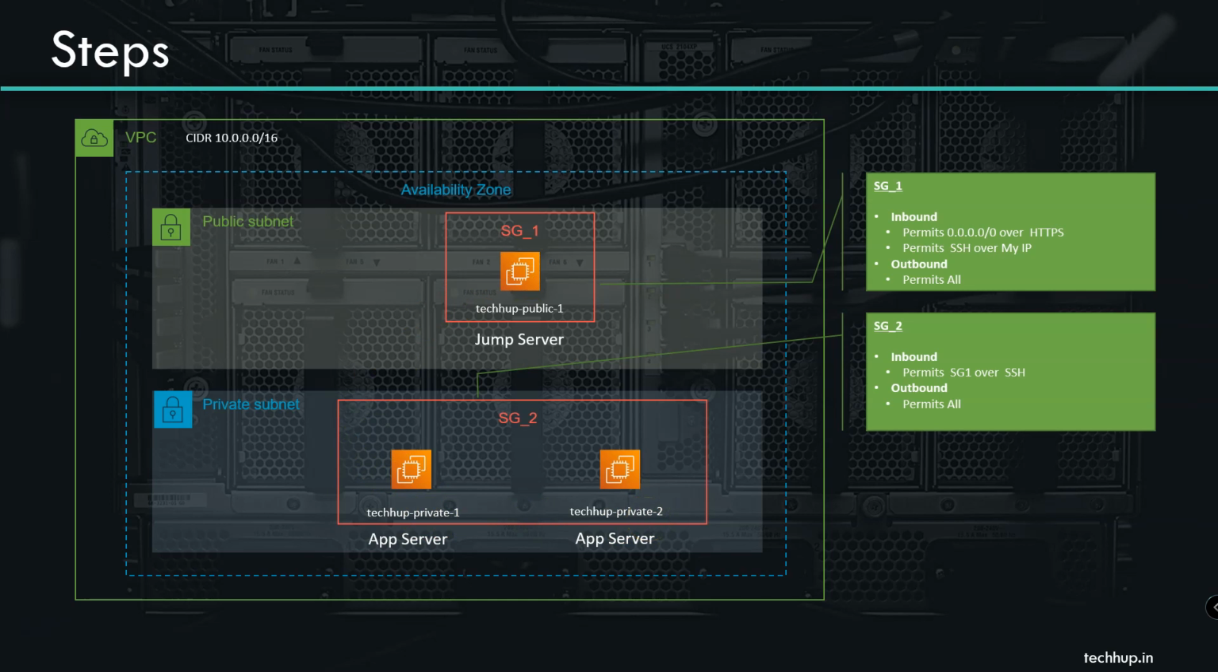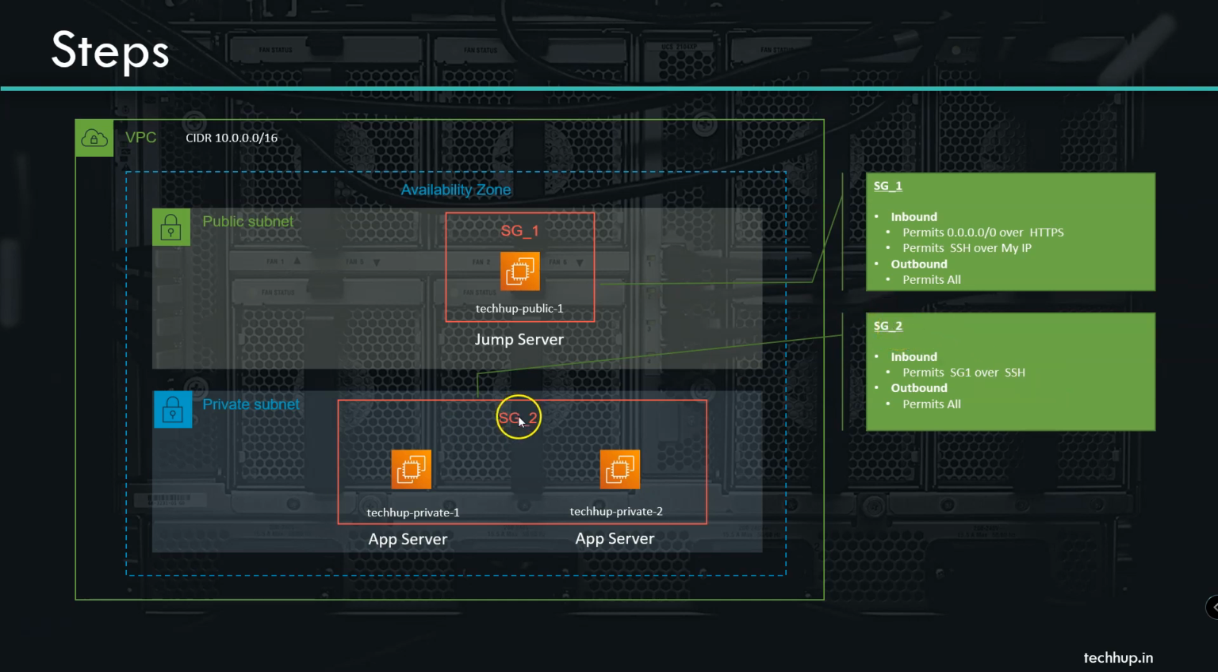But having said that, in order to allow the incoming SSH connections from the public EC2 instance into the private EC2 instances, we need to configure a security group to allow that. So we attach security group 2 to these two instances, and in the inbound rule, we permit any instance that is attached with security group 1 over SSH. That means that any EC2 instance, in this case the public one, which is attached to security group 1, is allowed to connect over SSH on port 22 into an EC2 instance that is attached to security group